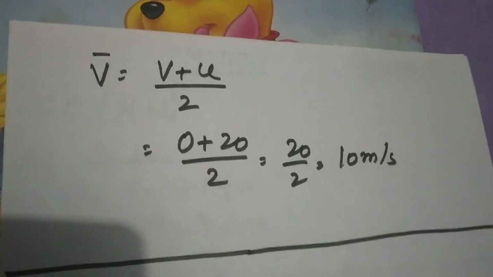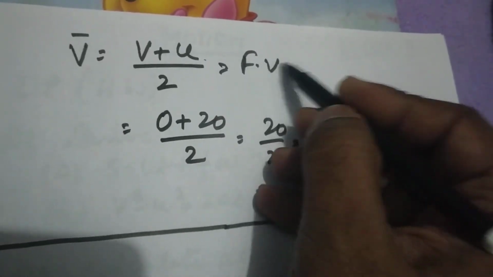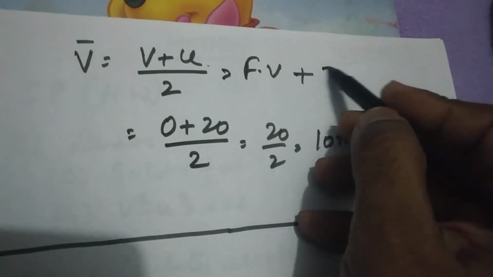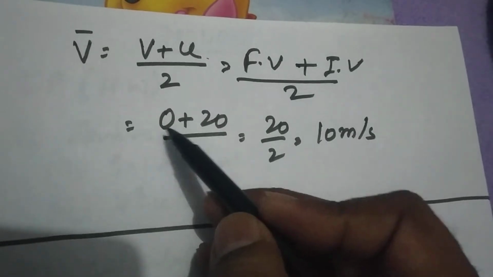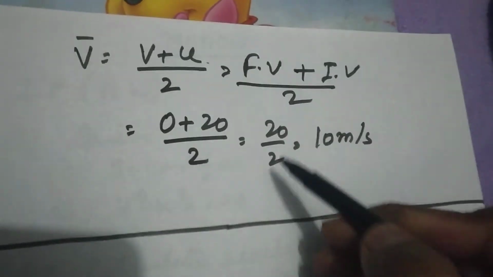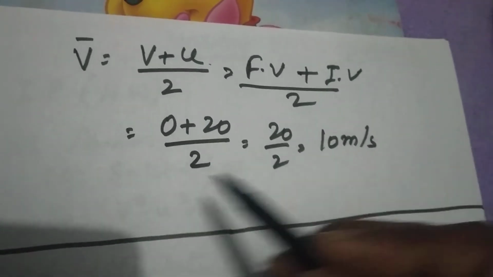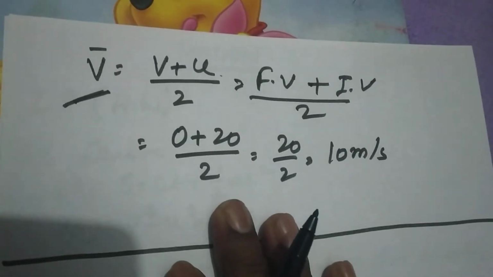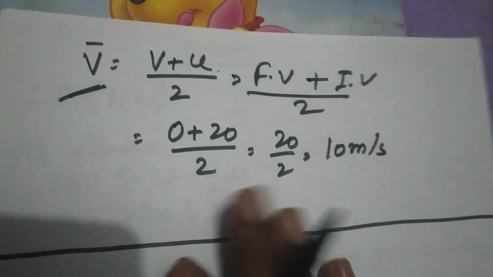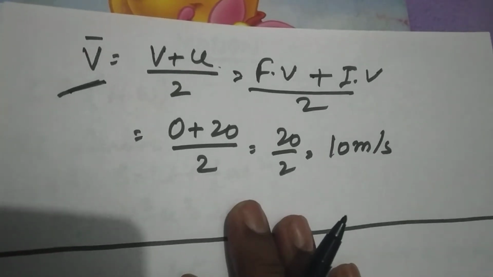And let's come to the last one, that is average velocity. What do we do? Initial velocity and final velocity by 2. So final velocity plus initial velocity by 2. You have to take a mean of that. So 0 plus 20 upon 2, 20 by 2, so your answer comes 10. So this is the average velocity we have found. So in this way we have to do the numericals, practice them and see the steps properly.